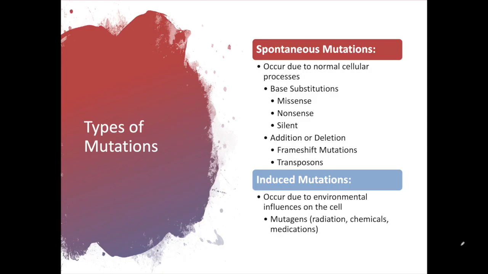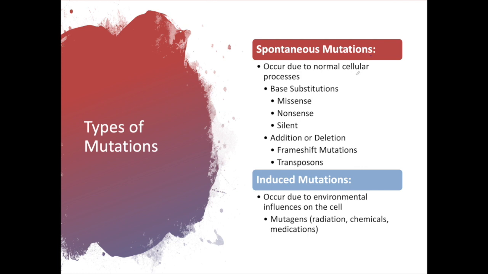So in genetic mutations, we are looking at changes that occur to the genetic code found within an organism. There are two basic groups of mutations. We have what are called spontaneous mutations, which occur during normal cell processes, and induced mutations that occur due to some type of environmental factors, such as a chemical or maybe UV light, irradiation, something that is taken into the cell from the environment. So spontaneous mutations are usually due to cell processes